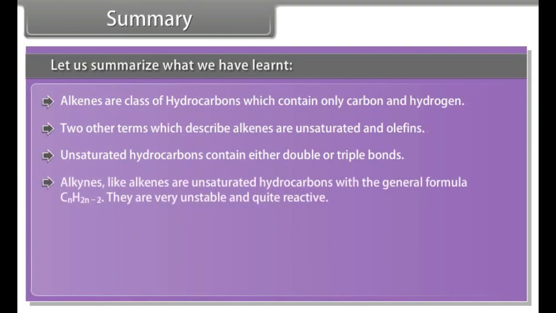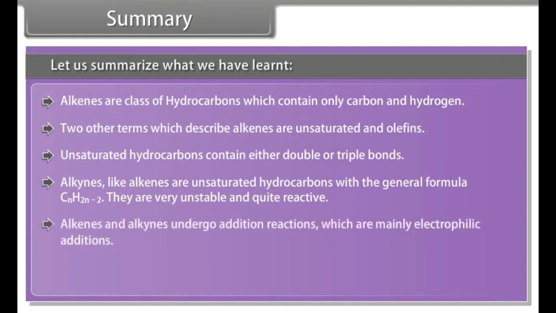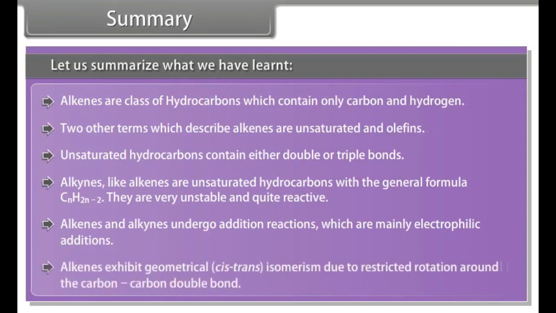Alkynes, like alkenes, are unsaturated hydrocarbons with the general formula CnH2n-2. They are very unstable and quite reactive. Alkenes and alkynes undergo addition reactions, which are mainly electrophilic additions. Alkenes exhibit geometrical cis-trans isomerism due to